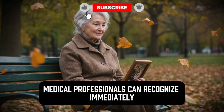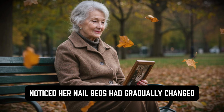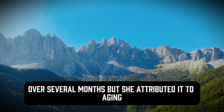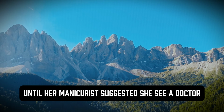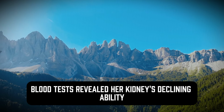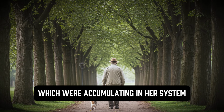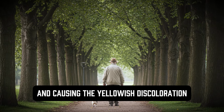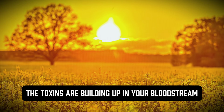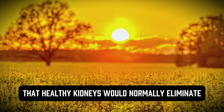Susan from Florida noticed her nail beds had gradually changed from healthy pink to pale yellow over several months, but she attributed it to aging until her manicurist suggested she see a doctor. Blood tests revealed her kidneys' declining ability to filter waste products, which were accumulating in her system and causing the yellowish discoloration. Nail color changes indicate that toxins are building up in your bloodstream that healthy kidneys would normally eliminate,